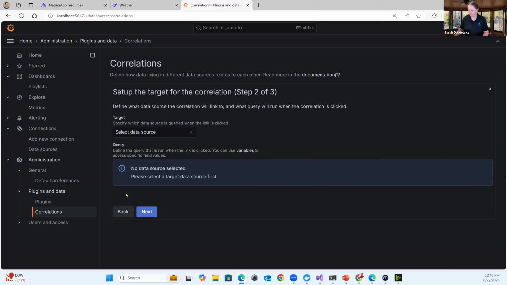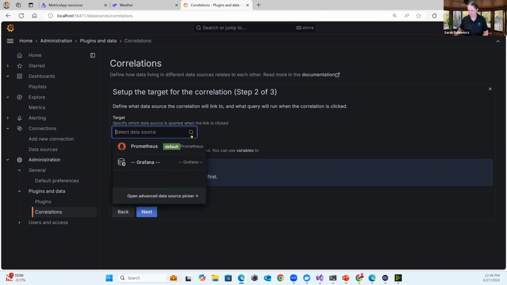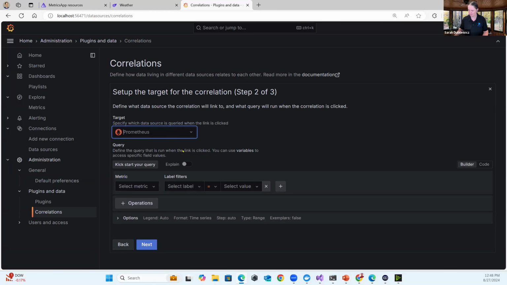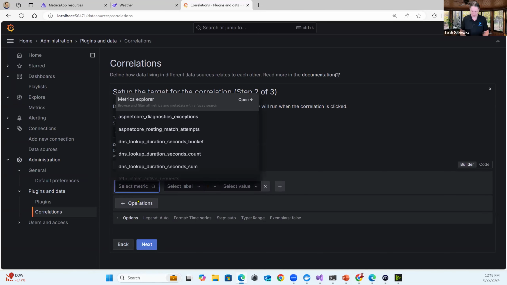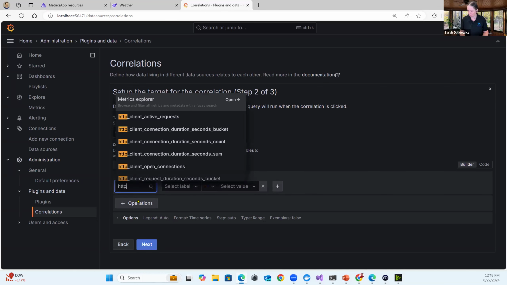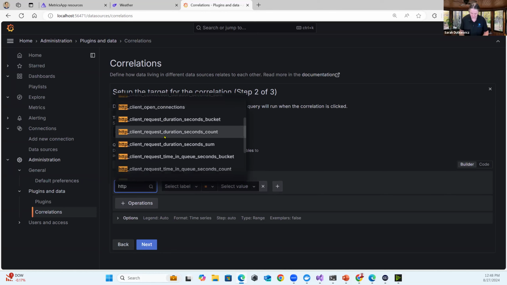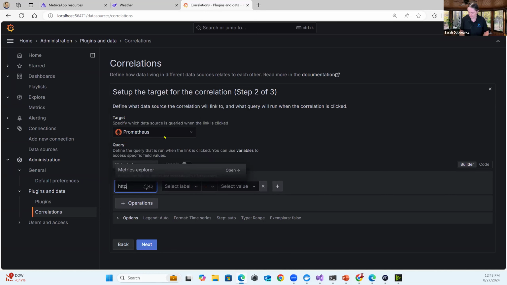Demo. And so then I can select my data source. And we're going to go with Prometheus. And okay, which ones do we want to take a look at? So we want to take a look at, and notice as I'm typing, it'll filter which metrics we want to look at. So if I want to say specifically HTTP client request,